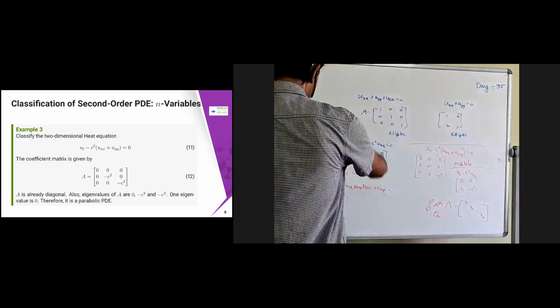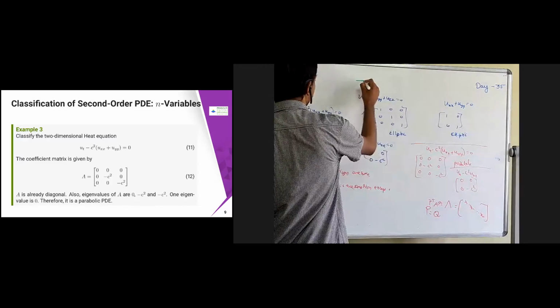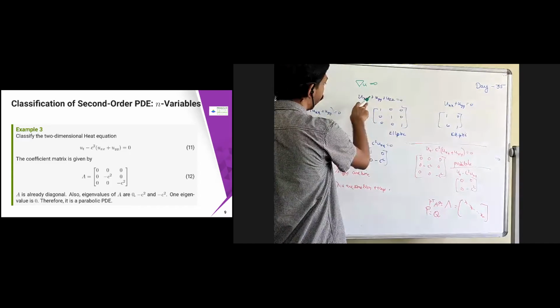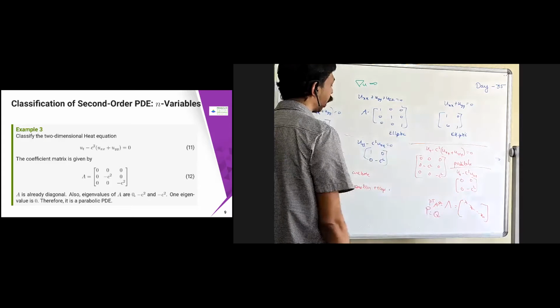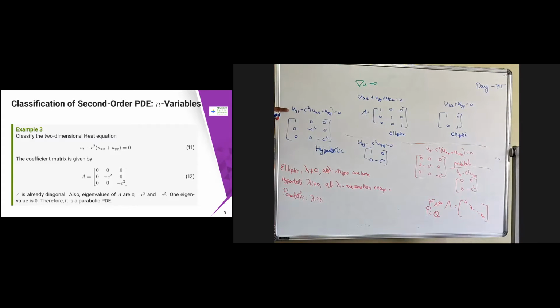So in general, if you take the Laplace operator, del u equal to 0, where n variables are there, again you are going to get the same thing, 1 1 1 1 1, 1 everywhere is going to come. So all the entries are going to be the same sign. Similarly, if you take utt minus c square del u equal to 0 in the n-dimensional case, once again the same thing, 1 0 0 is going to come.